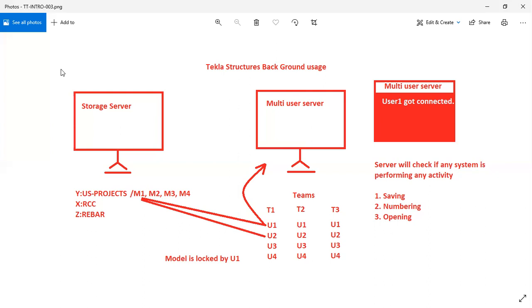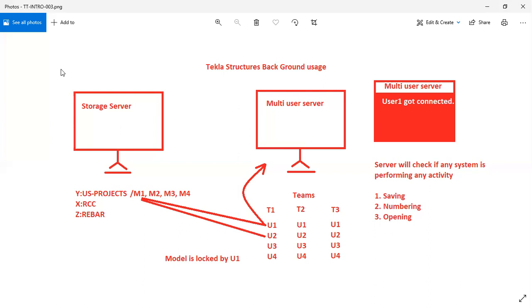So these US projects, that name you are looking at, is actually a folder on the network. There will be department-wise different folders, like US project, RCC, rebar, estimation, business development, and then accounts, all those things. All that data will be listed in the storage server.